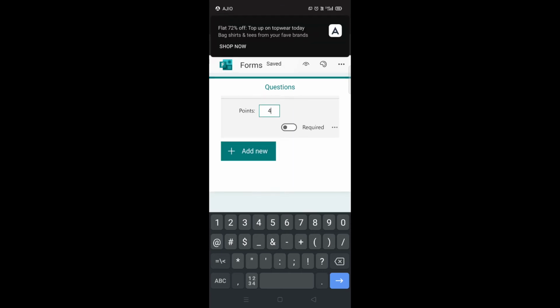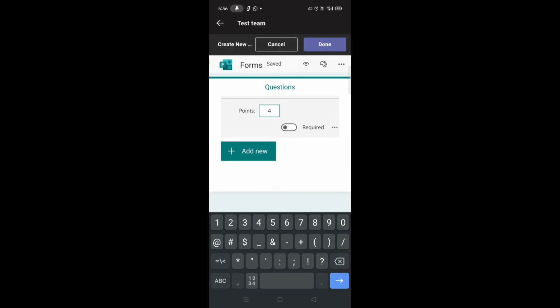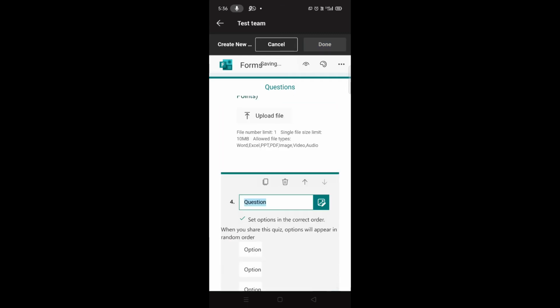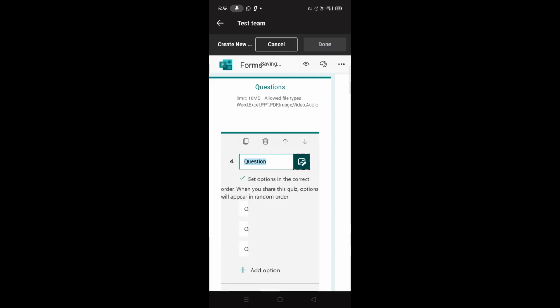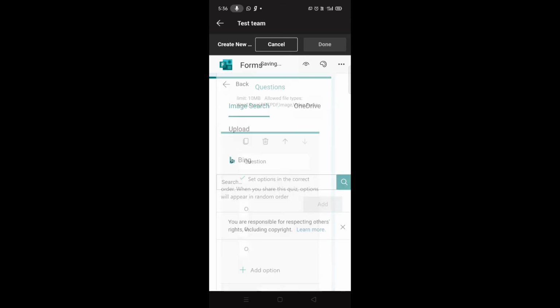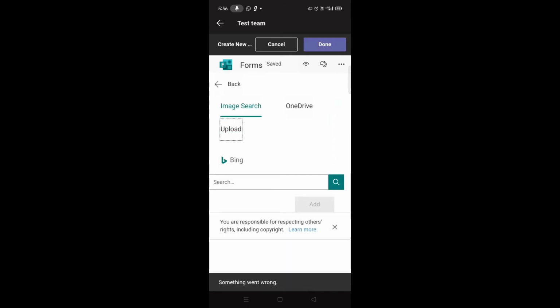Now if you want to add a picture to your question, if you want to add a diagram, you can click the picture of that diagram. So how can you add it? Click on this add new. On this drop down arrow, click on this icon. It will ask for an image. Click on the image. Now click on this upload button.